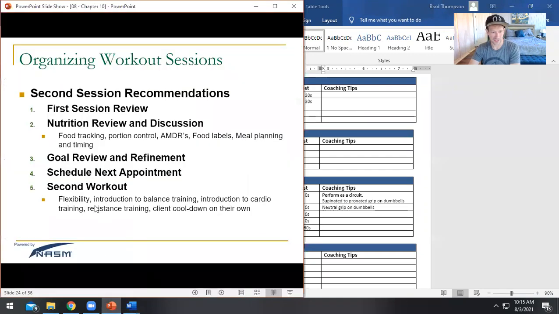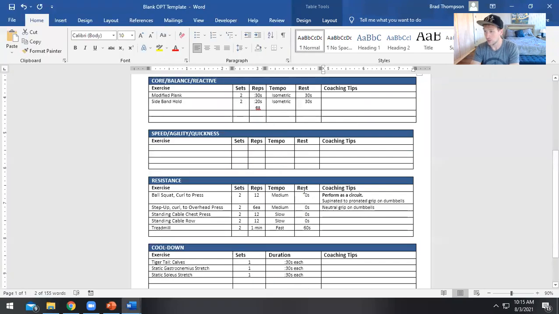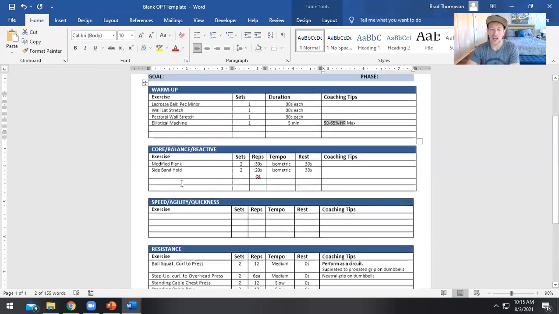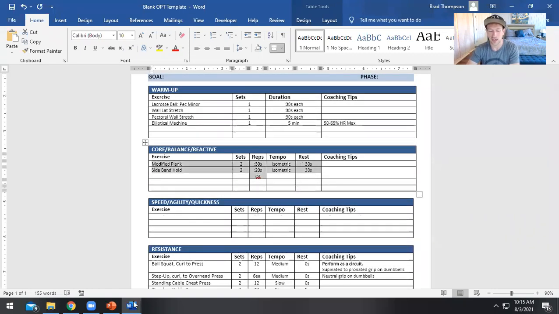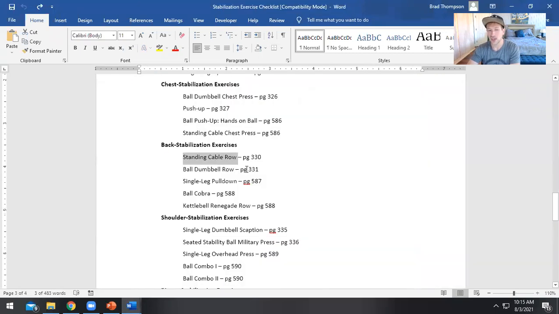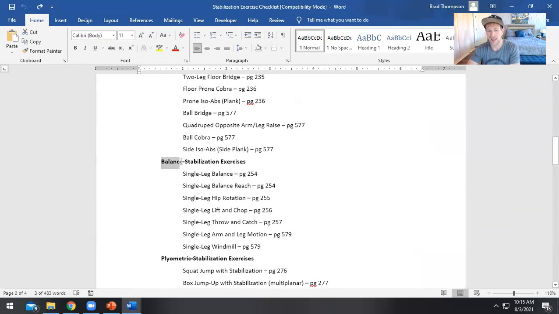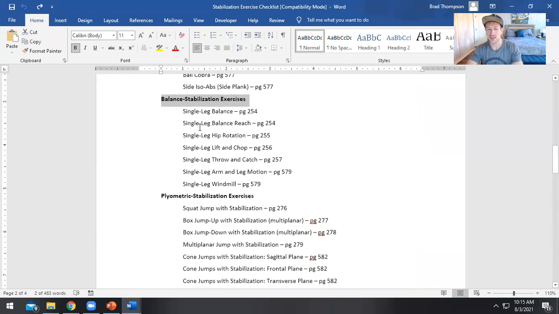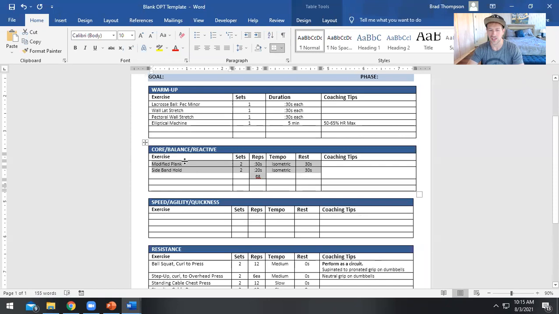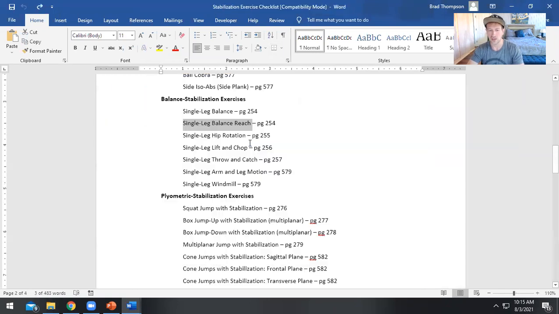So we go through a little bit of flexibility, introduce some balance training, introduce cardio. We already talked about that. Resistance training, and then take them, they can do their cool down from last time, or from this time. But so up here, let's do some balance training. Going on to our stabilization checklist, if I look at balance stabilization exercise, let's go with a single leg balance with reach. Love that exercise. So single leg balance reach, and then